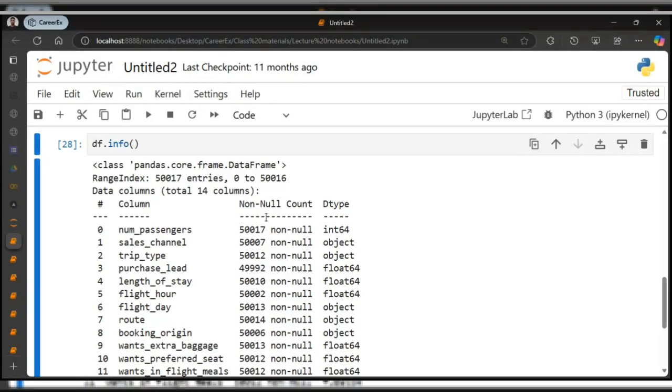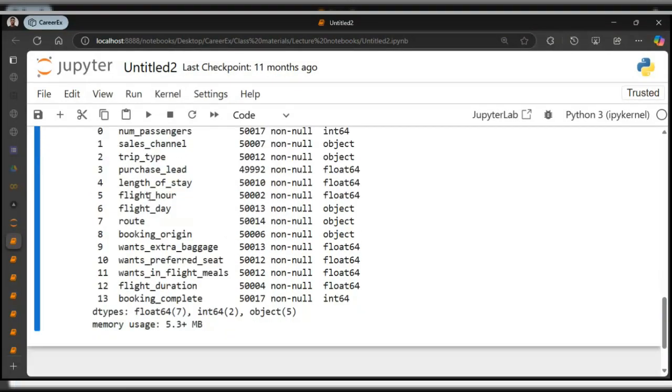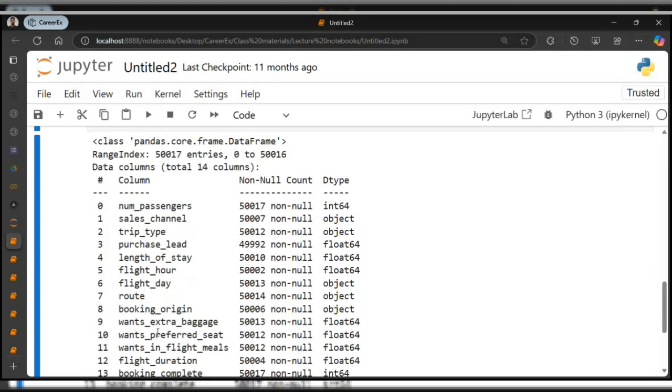So there are three columns here: the first column, the second column, and the last column. The first column corresponds to the columns that you have in your data frame, or variables, as you will. The second one corresponds to the number of not null rows. I'm going to explain what not null means. The last column, Dtype, corresponds to the data type of each